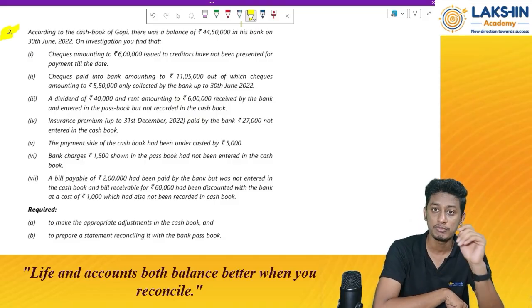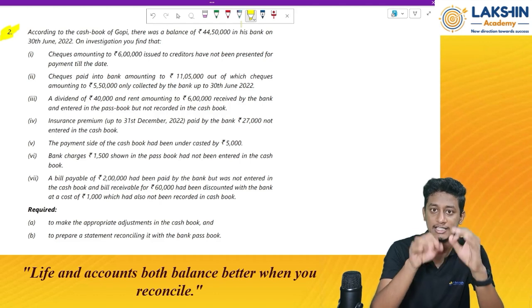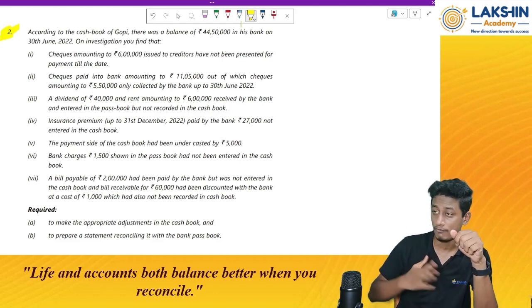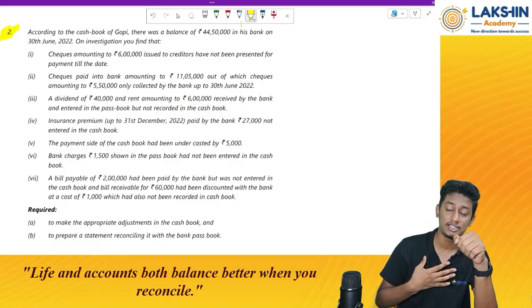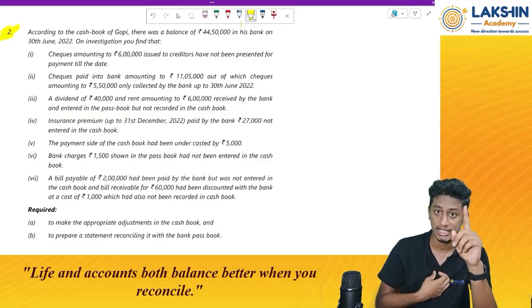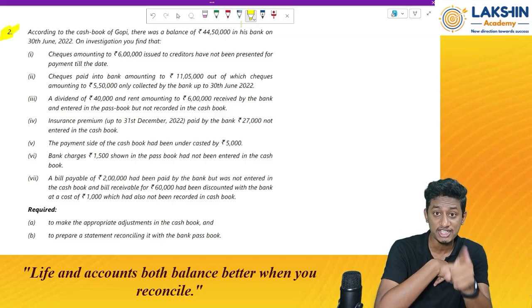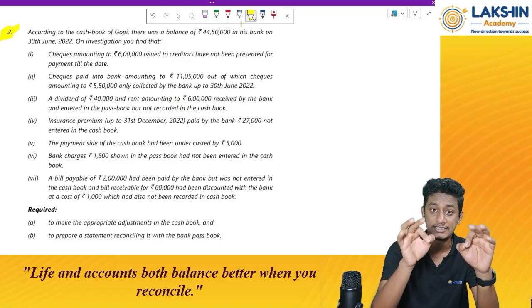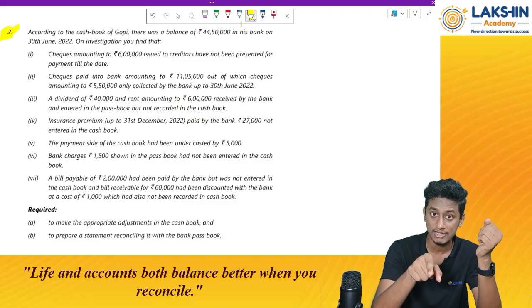But let us say the cash book is not yet closed and you are preparing the bank reconciliation. In that case, what can be done? Whatever mistakes are done by the cashier or from our end, not from the bank's end, that needs to be rectified in the cash book first. And whatever cash book we prepare to make the adjustment is called as adjusted cash book. So whatever adjustments you make in the adjusted cash book, the closing balance of that will be taken as the